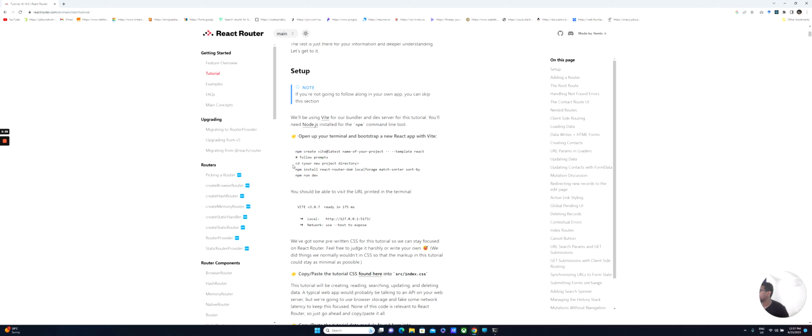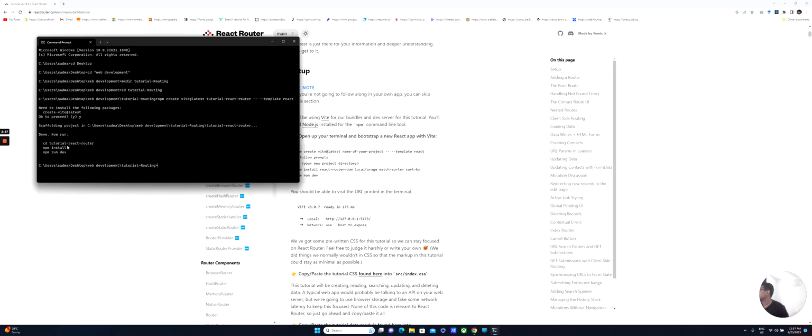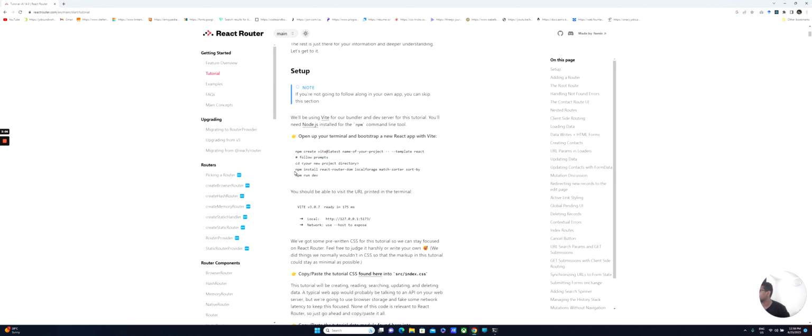Okay, so the next step is we have to cd into our project, you can just copy it from here. We created a project and now we are going to enter into that project folder. So we named it tutorial react router. Using cd and the project name, we are going to enter that particular folder. So if I click enter, now we have to come to the documentation